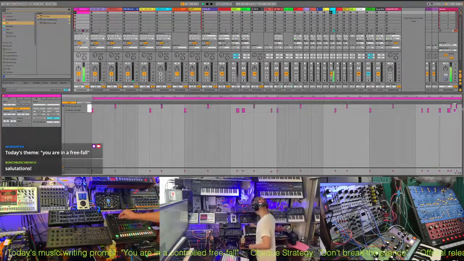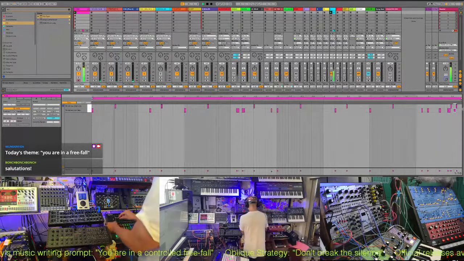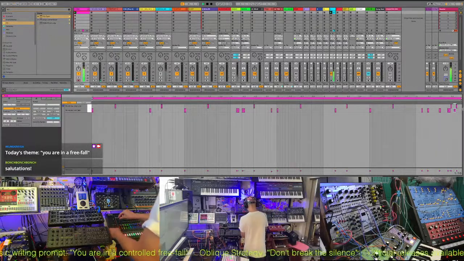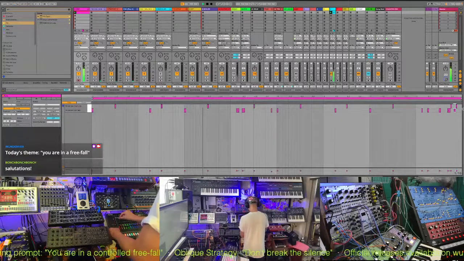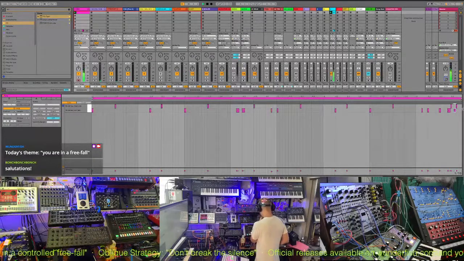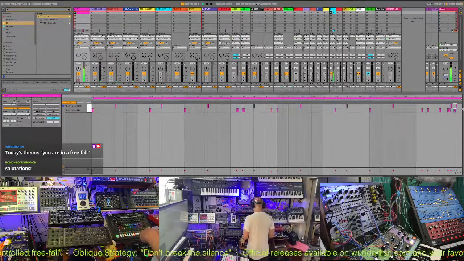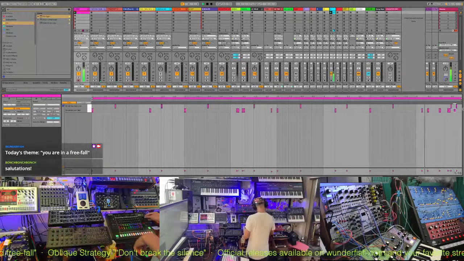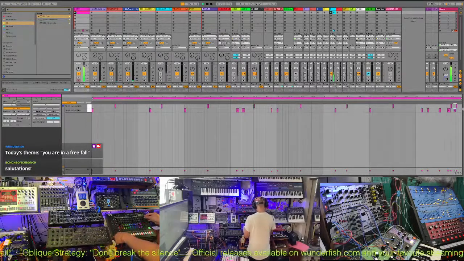You know what I'm going to do? I'm going to motion record this. Motion record the tuning on that snare. So we get some kind of